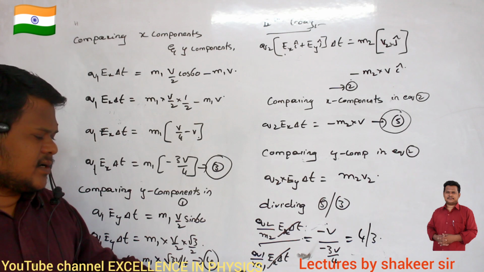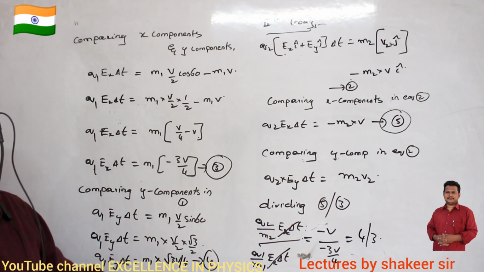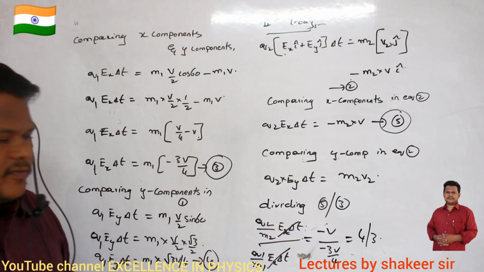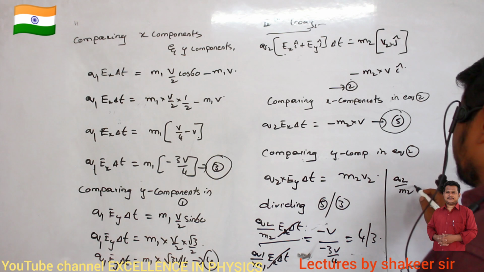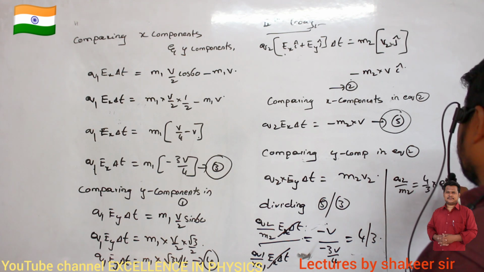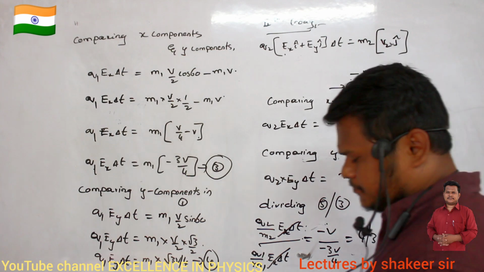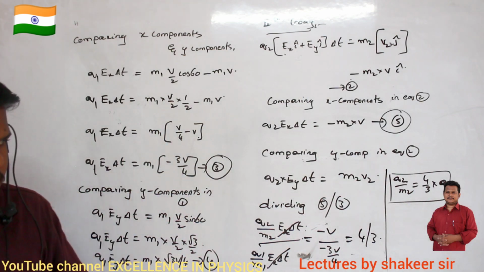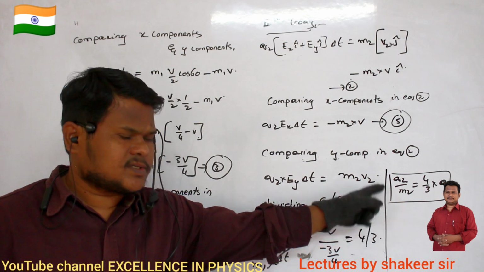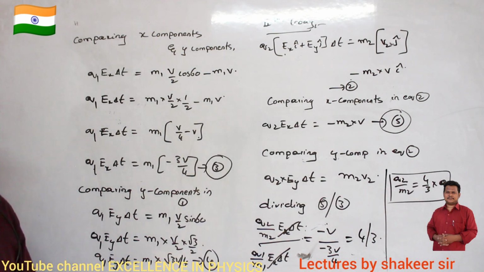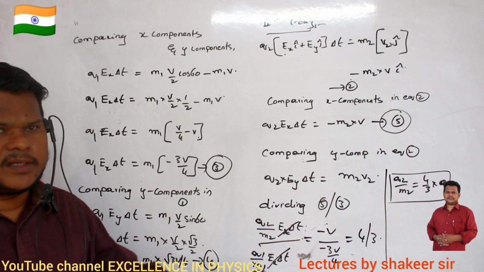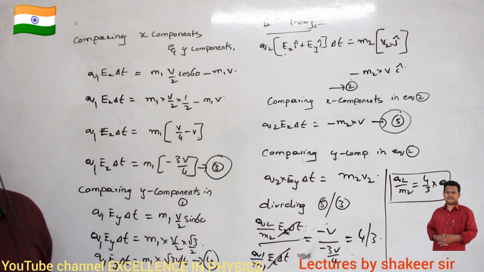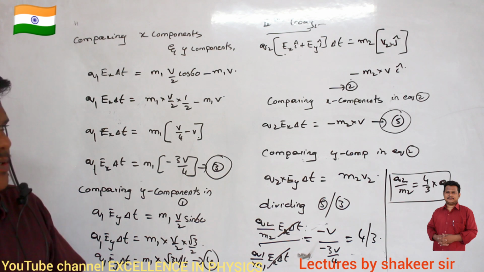And q1 by m1 he gave as alpha. He asked us to calculate in terms of alpha. So therefore what is q2 by m2? q2 by m2 is equal to 4 by 3 into alpha. That's all. This is our answer. So the charge to mass ratio of the second particle is how much? 4 by 3 times the charge to mass ratio of the first particle. The first particle's charge to mass ratio q1 by m1 is called alpha. So this is how we have calculated. Have you understood? That's all, very simple. Come on, make a note up to here.